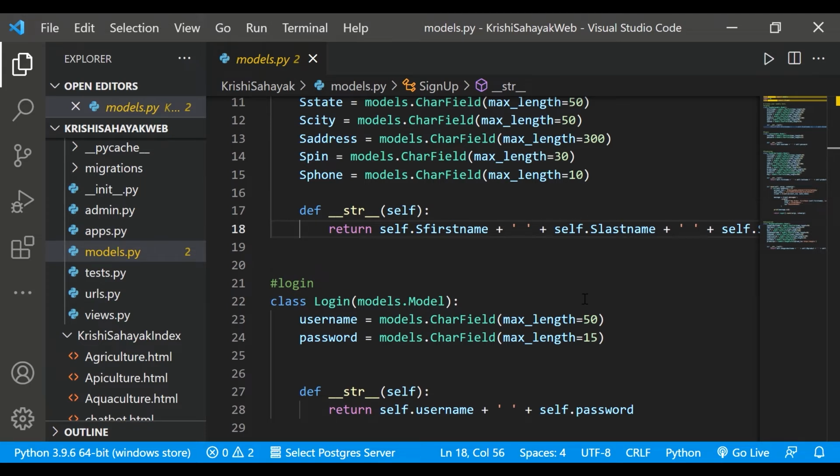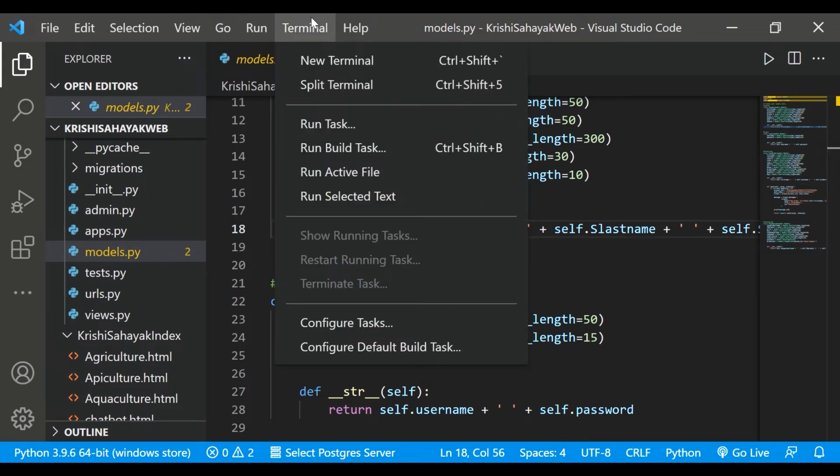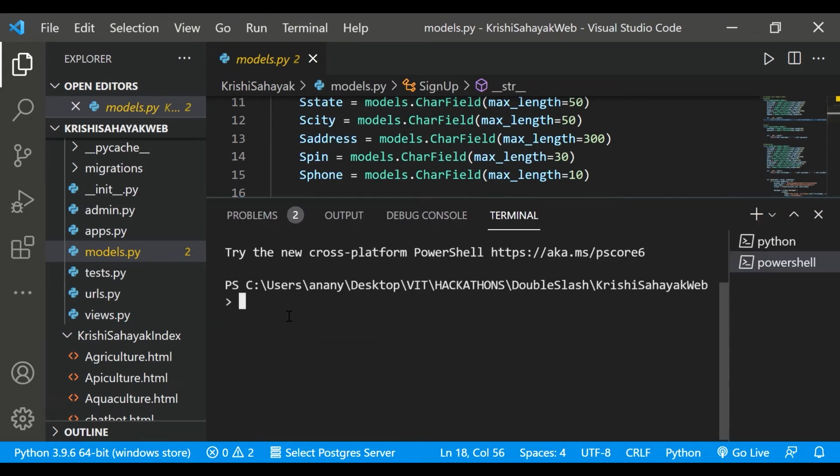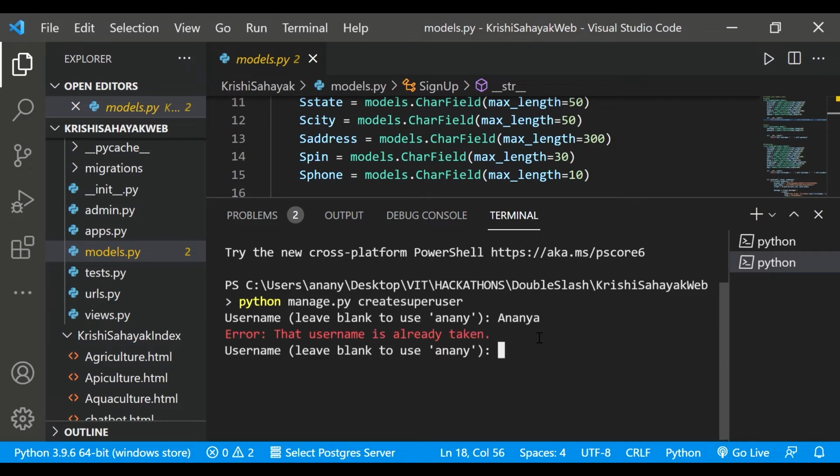Now we create the Django admin. How do we do that? We open a new terminal, and in that we give the command python manage.py createsuperuser. It asks me to give a username, so I give my name.